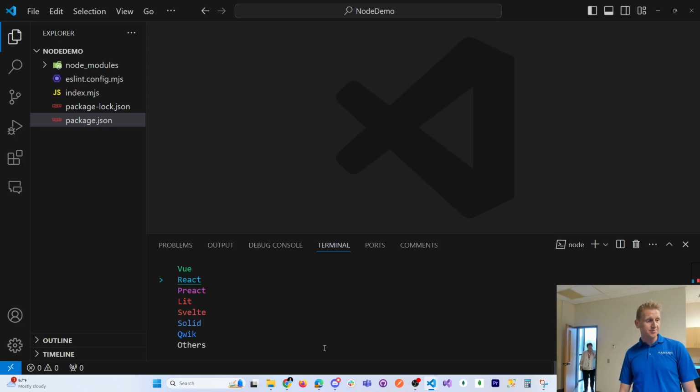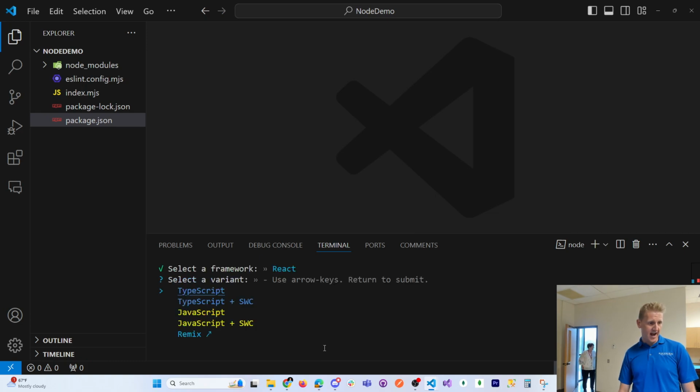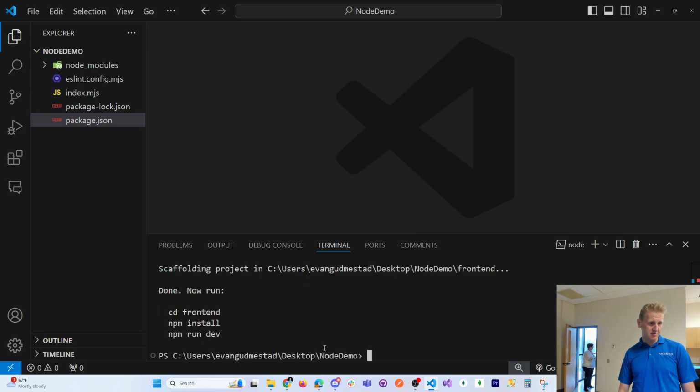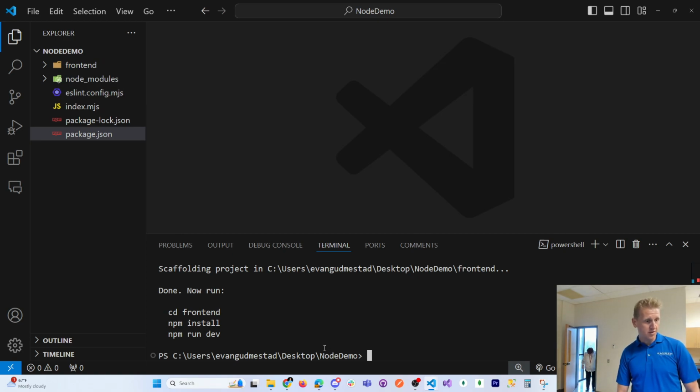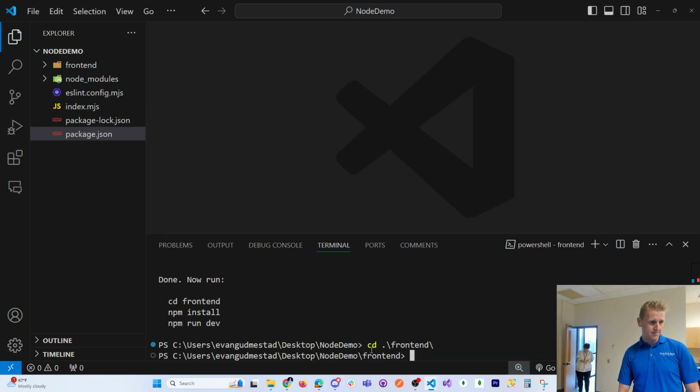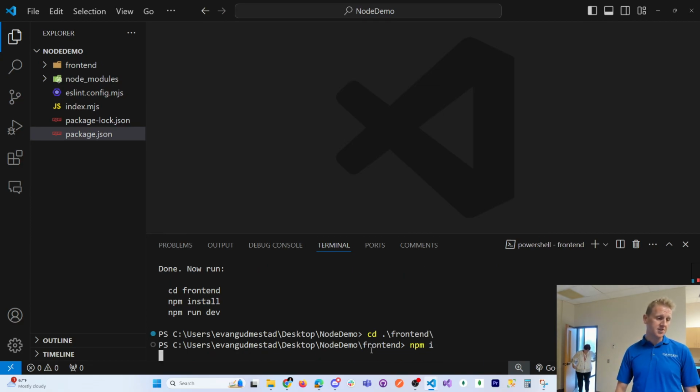The front end is React. So I'm going to choose React. I'm going to choose JavaScript. I'm going to see it brought in React here. So I'm going to follow these three commands now that I've installed it. I'm going to cd frontend. I'm going to do npm install to install the dependencies there. And then I'm going to do a run dev just to show you guys